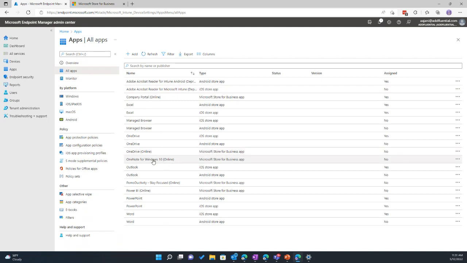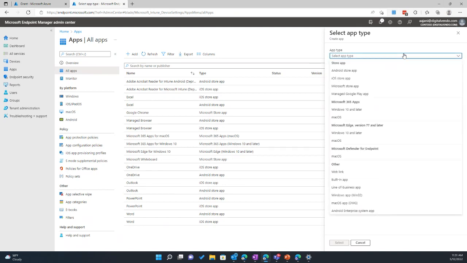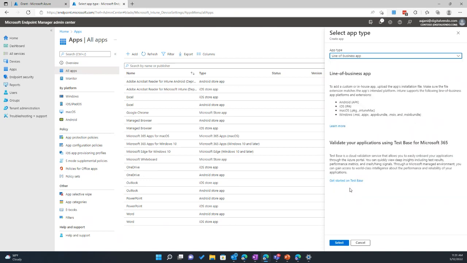And there's OneNote, which we had downloaded just now. That is one way of pushing out applications. You can also, of course, push out M365 applications directly through Intune. You can also push out Edge. You can also push out your own custom and line of business applications. And as long as you have an installer for it or any of these